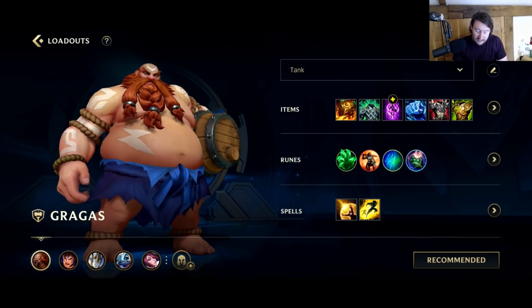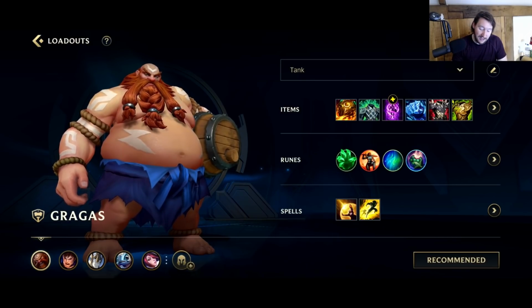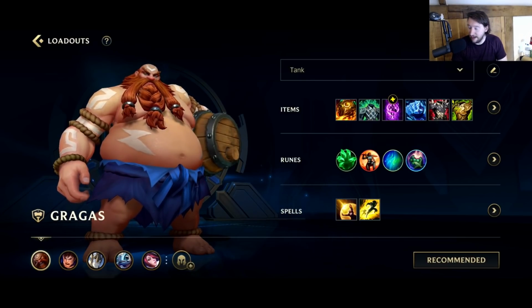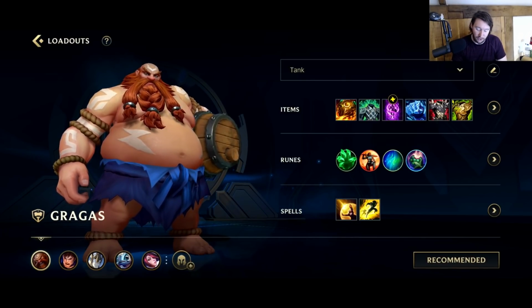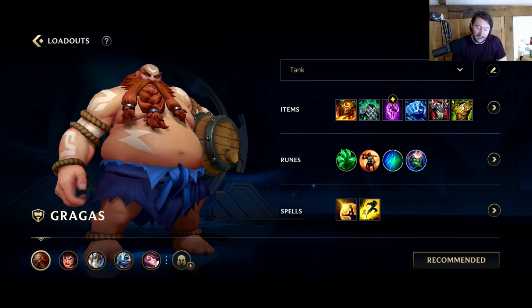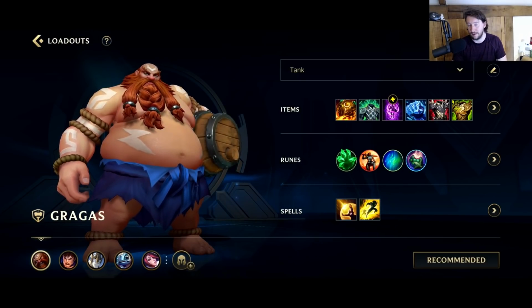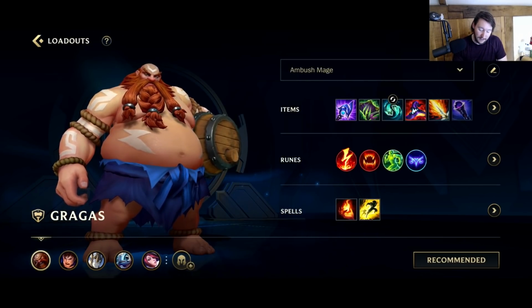So Sunfire into Spirit Visage gives you lots of sustain. The Iceborne Gauntlet is going to give you that extra damage, and then to just full tank after that. Grasp of the Undying, it's like the tank versus tank rune. It's a really strong rune for Baron lane trades. And then a lot of sustain. Like, you can just become almost unkillable with this build, where you run Champion, Regeneration, and Honeyfruit, as well as Gragas' inbuilt sustain. However, you can still play...